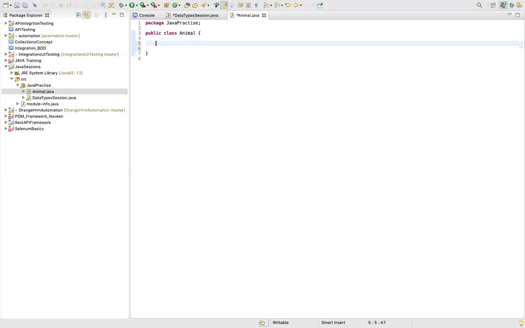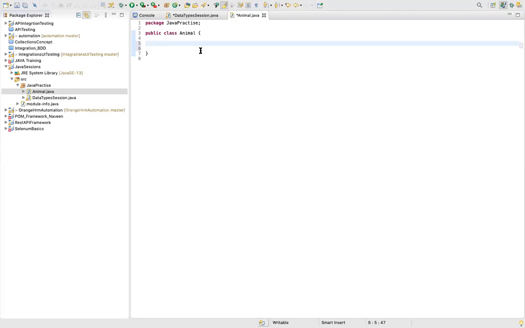As we saw, a class can contain many things, but two of the major things which a class contains are its variables and methods. So we can say data, and then we can say methods, right? A class is a blueprint, it has to hold something, right? So the class is holding data and methods.